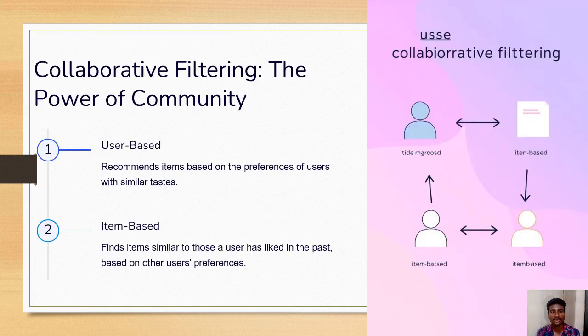Collaborative filtering, the power of community. User based and item based. User based recommends items based on the preferences of users with similar tastes. In item based, it finds items similar to those a user has liked in the past based on other users'